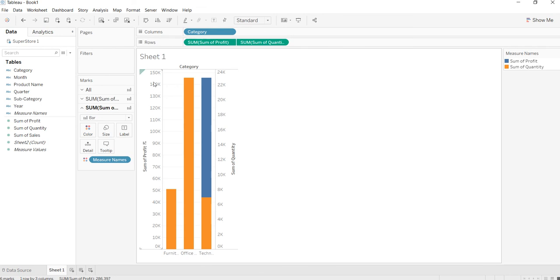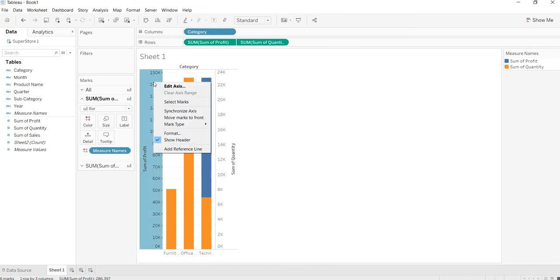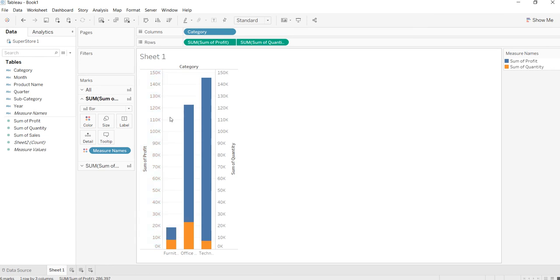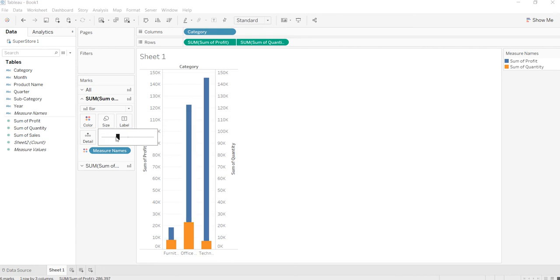One more thing I can do is synchronize the axis, right click on the axis and select synchronize axis. Now to better differentiate between both these measures, I can change the size of the bars corresponding to each of the measures. So maybe make the profit bar a little bit thin and increase the size of the quantity bar.